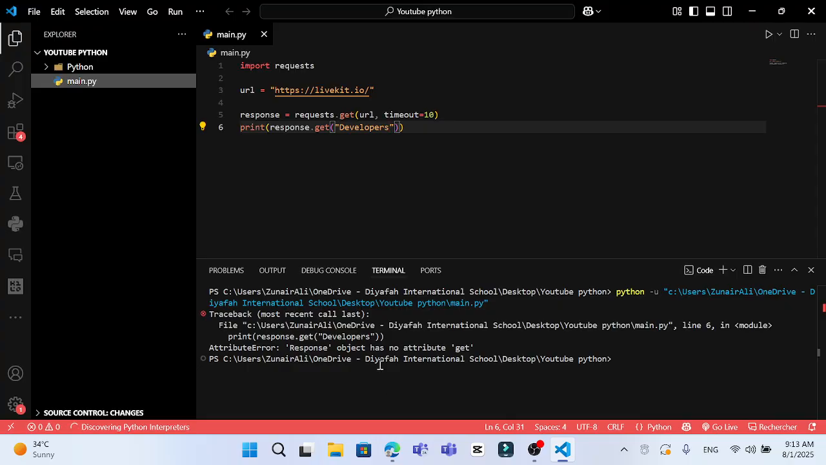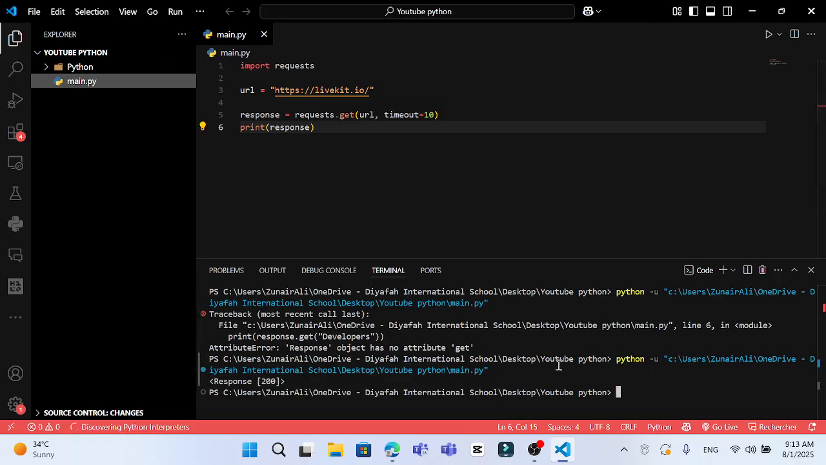Because what? Dot get. Oh yeah, so you don't need the get function. You can just run it like this. So we could find it. And so that connection works. Now if we create a random URL like